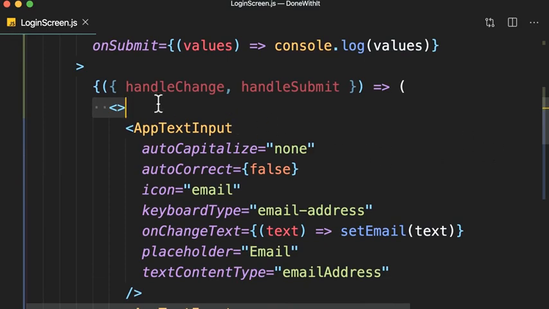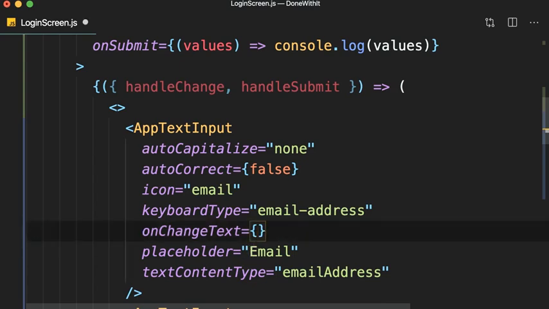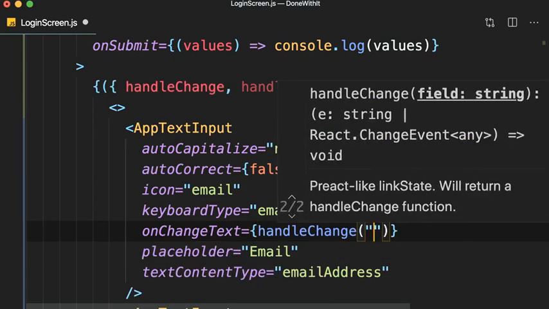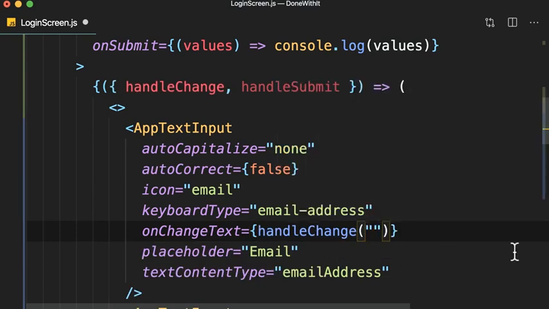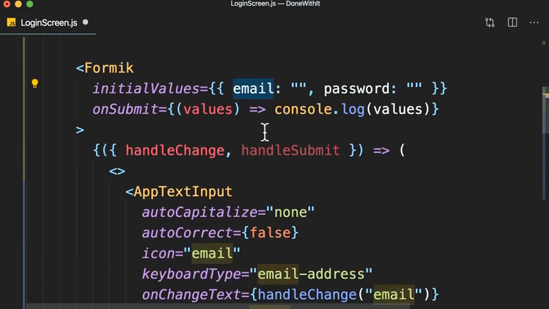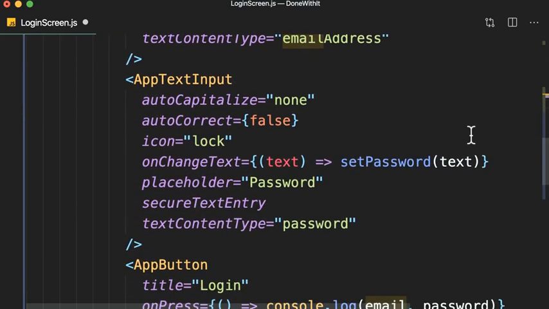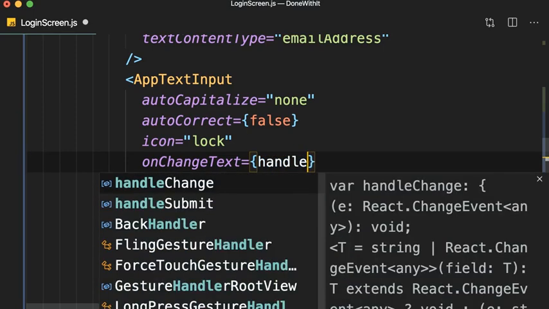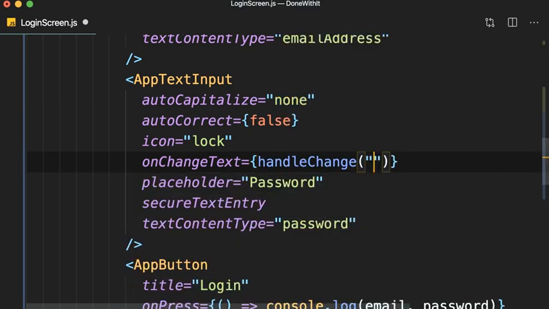So where are we going to use these functions? We're going to use handleChange right here, when we subscribe to the change text event of our input field. So instead of this function, we're going to call handleChange and specify the name of our input field. In this case, email. So I'm using email here because that is the property I used when supplying the initial values. Okay. Now, similarly, for our password field, we're going to replace this function with handleChange and give it